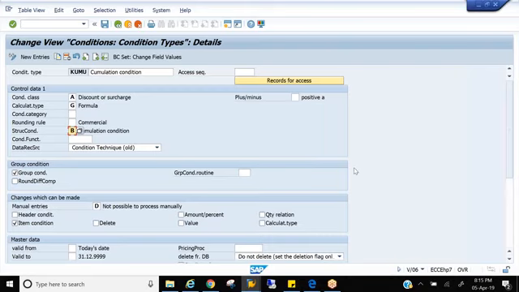With a group condition, you can offer two kinds of discounts. What are the two kinds of discounts you can offer through group condition? One is total document value. That means if a document reaches 10 lakhs, I want to give 1 lakh as discount. So when this 1 lakh discount has to be proposed, when the document reaches 10 lakhs or base price. When the base price reaches 1000, I want to give 10,000 discount. Or material groups. If you remember, there is a field called material pricing group. Where have we discussed this field, material pricing group, anyone?